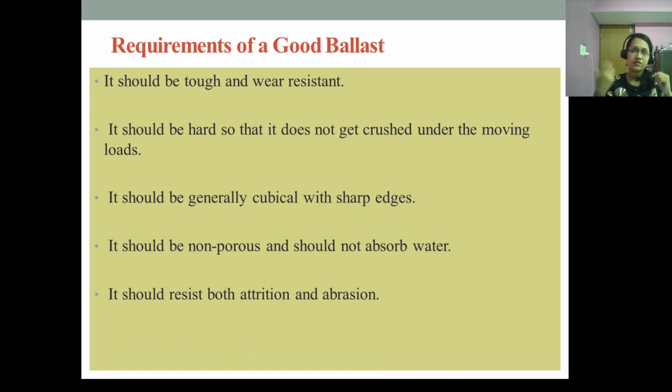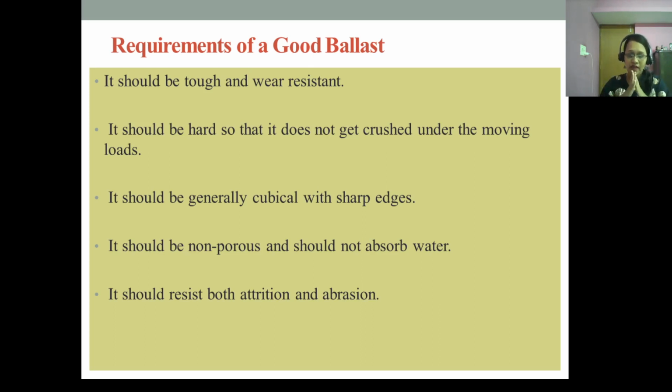In other words, it should resist crushing under the dynamic loads. Then it should not make the track dusty or muddy due to powder under dynamic wheel loads, but should be capable of being cleaned to provide good drainage. Then it should allow for easy drainage with minimum soakage, and the voids should be large enough to prevent